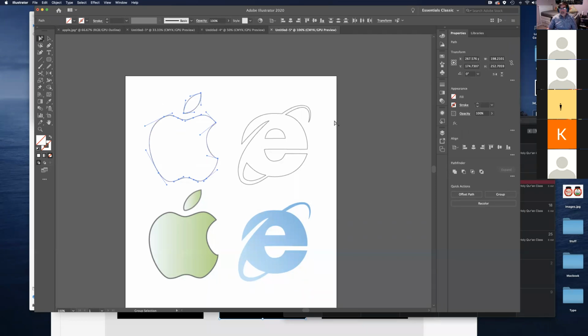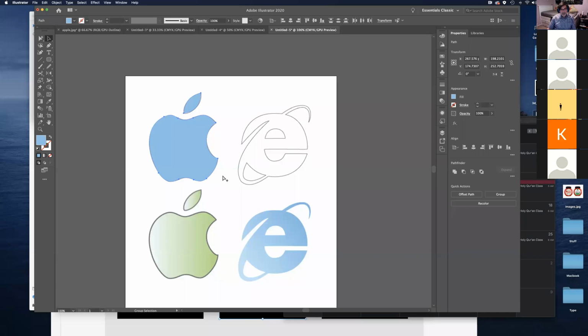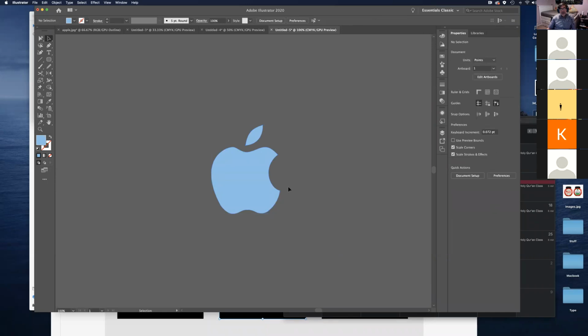And let's say that we want this logo to be blue. Maybe this blue. Okay. And I'll just select this, copy this. Okay, let me just paste it over here. So this is our traced object, but again, I want to make this